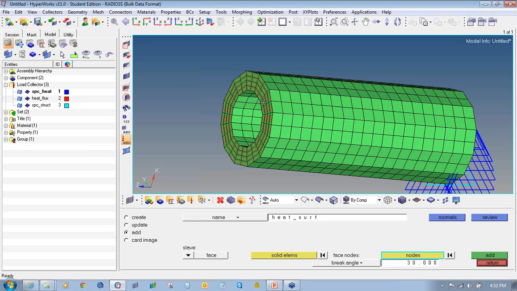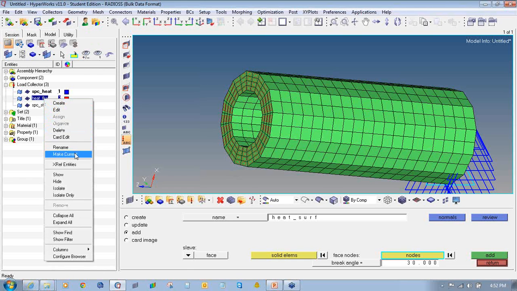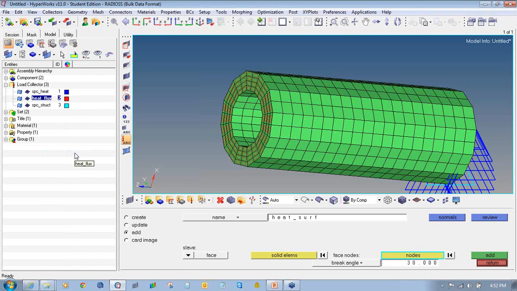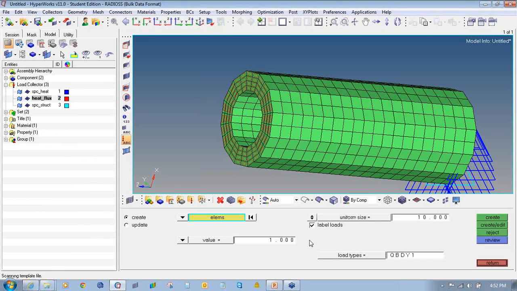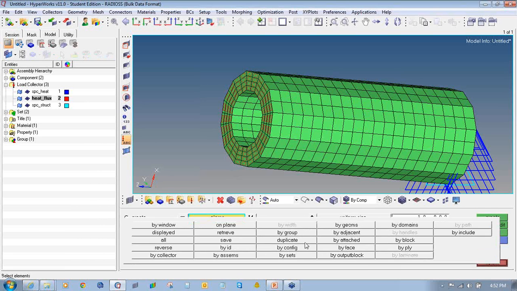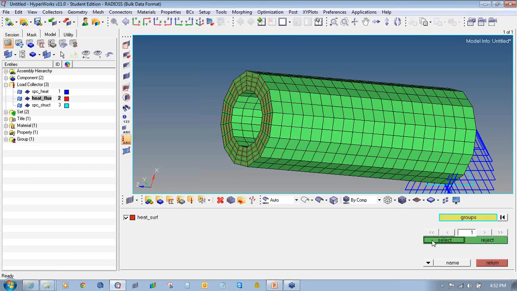Then the next step is to create heat flux on the surface element. In this step, the uniform heat flux into the CHBDYE element will be defined by the QBDY1 entity. So we will select the heat flux to be the current component and click return. In analysis page we will go to flux, elements by group, select heat surface,